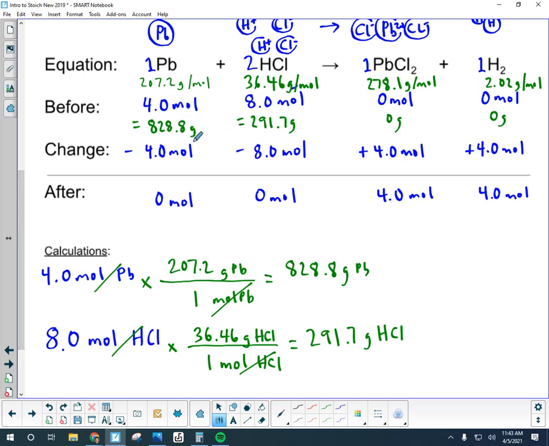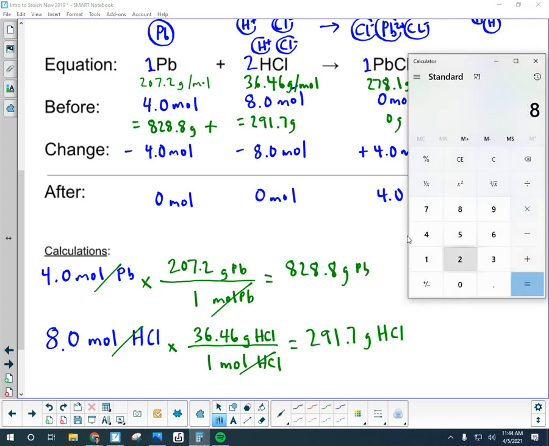So again, we're talking about conservation of mass. What I really want to know is, what is the total mass before? I want to add up these two individual masses, and I'm going to jot it down here as a total. So 828.8 grams of lead reacting with 291.7. I'll go to my calculator again just to double check. So 828.8 plus 291.7 is